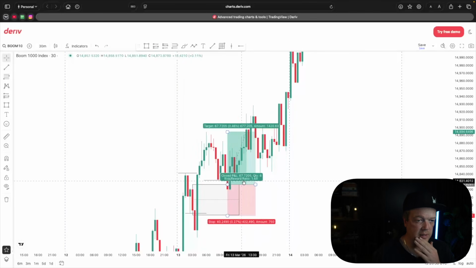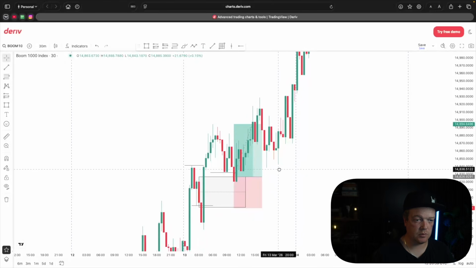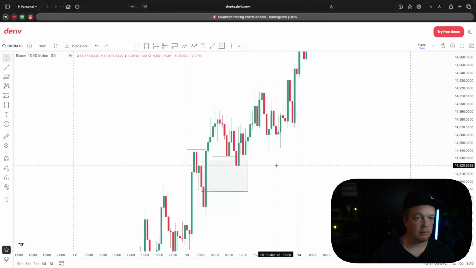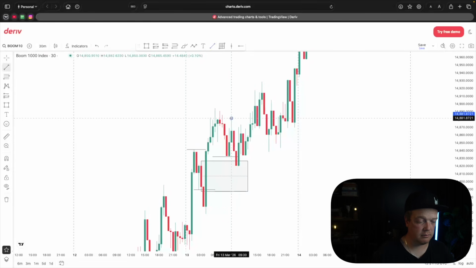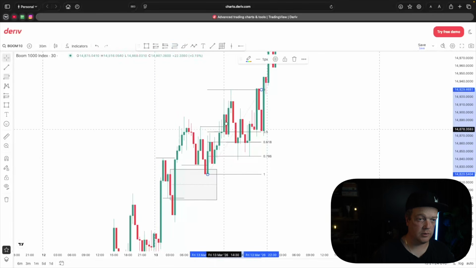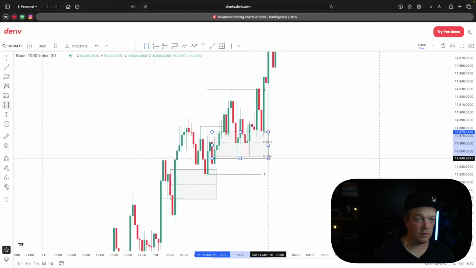Let's see if there's another setup. So that's one. Then again, look what happened here. We took this low, that was the liquidity for this trade, right? Let's mark out the high. We can see immediately there's a huge push on there. So we can draw our fib from this low to this high. We can actually mark out the zone,